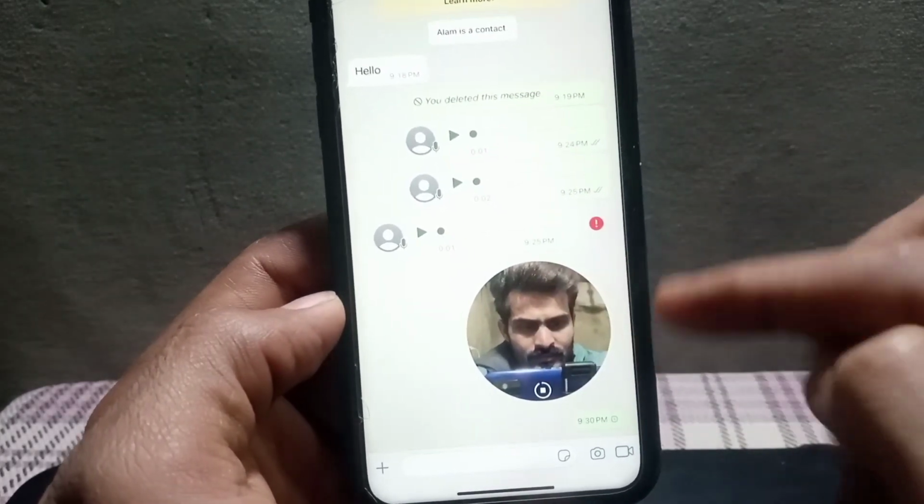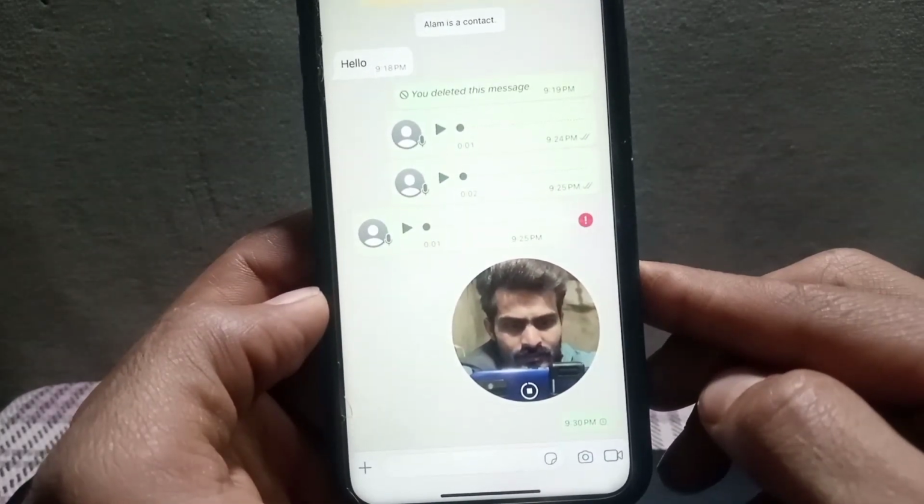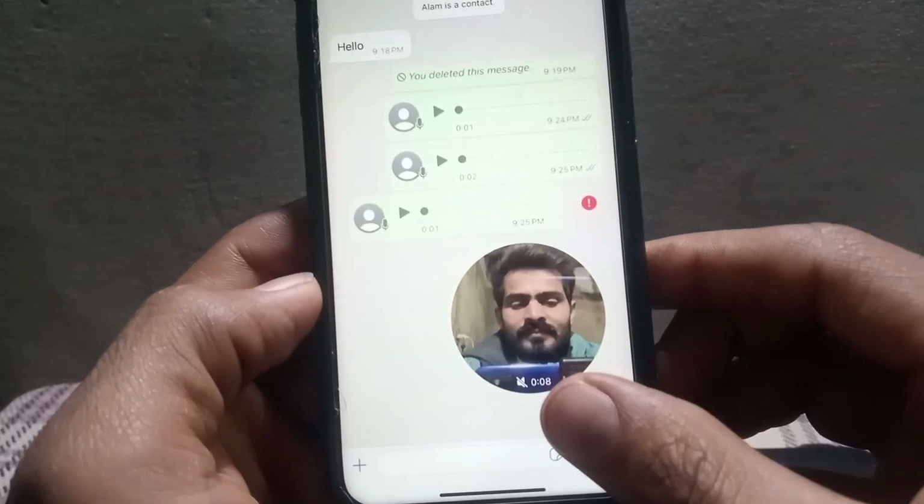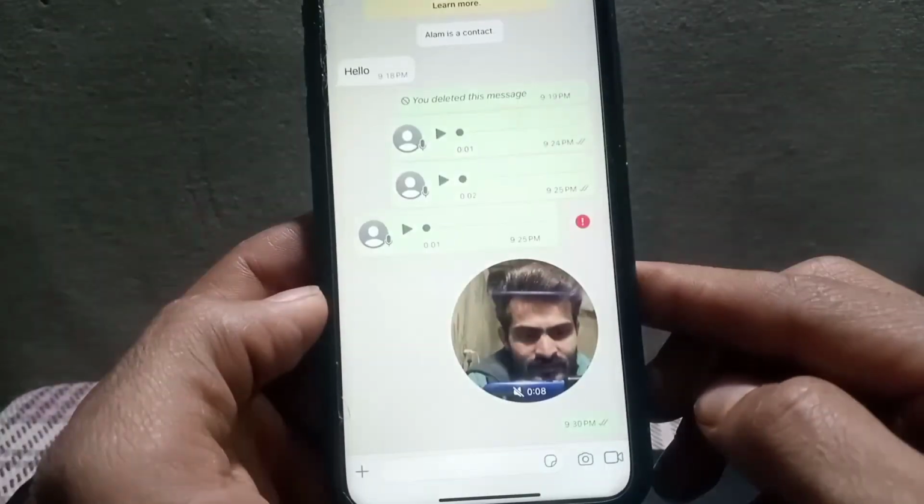You can send video messages in round shape. You can see it appears on screen. By this method, your WhatsApp must be the latest version for this feature on your